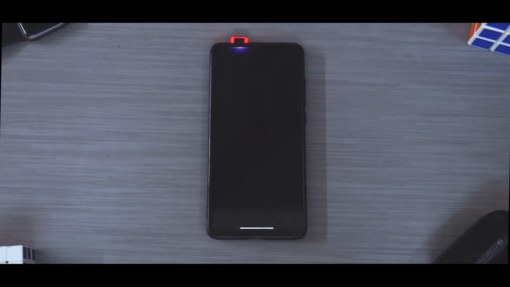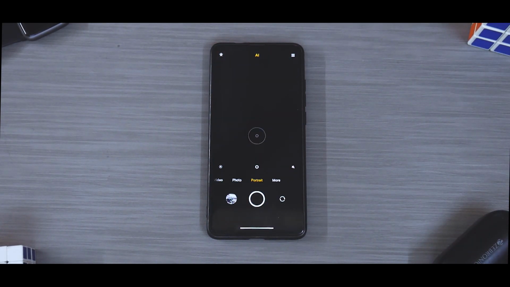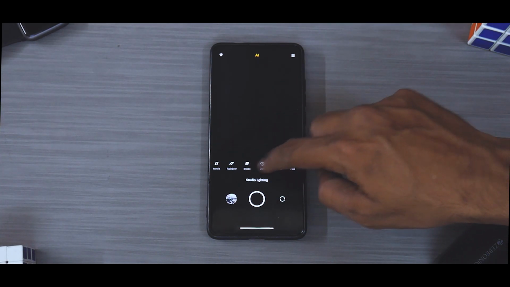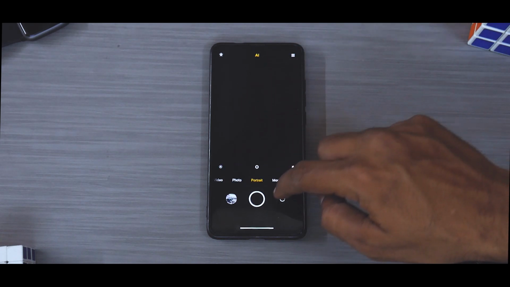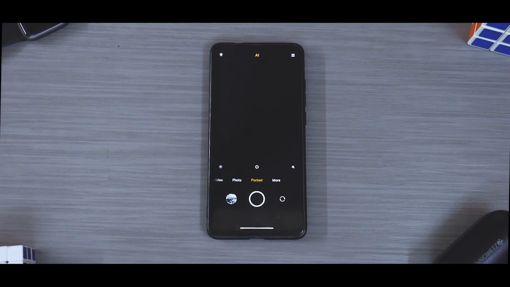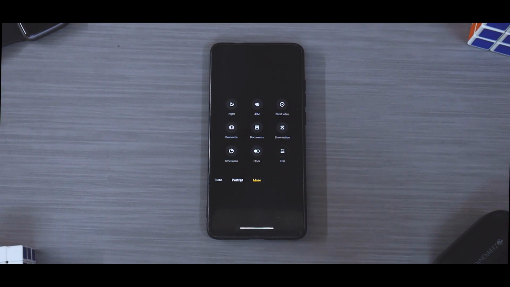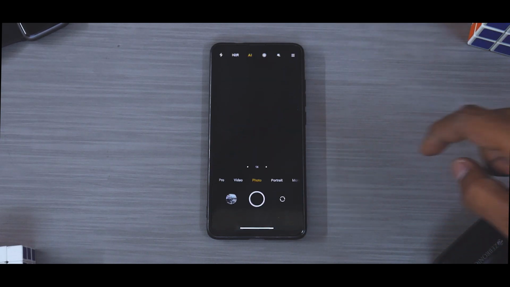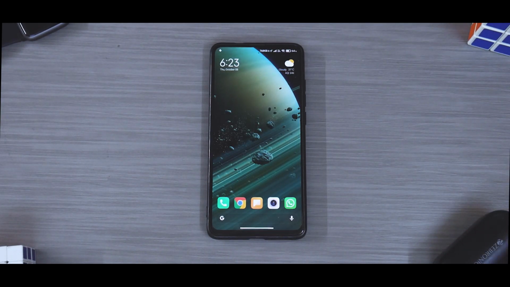Next up, we can go ahead and talk about the camera application. So the camera application does come with a whole lot of features, wherein the portrait mode works just fine. It does have all these previous options which were available. There are some beta features which are still not available in this update, but then again, hey, this is a stable update and not exactly a beta update. So the portrait mode and all the other options are available, but something like a vlog mode is something that you don't find. But you do see that you have the dynamic mode and all the other options present, and they work as expected. So thumbs up on the camera part there.